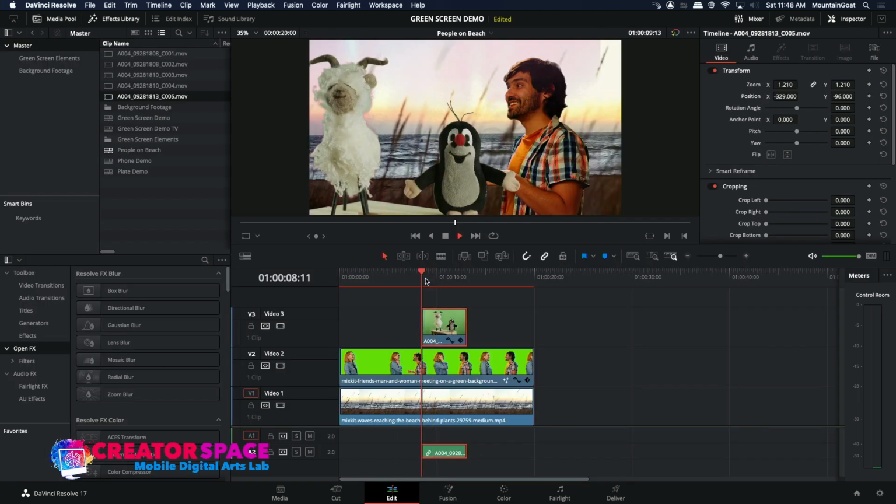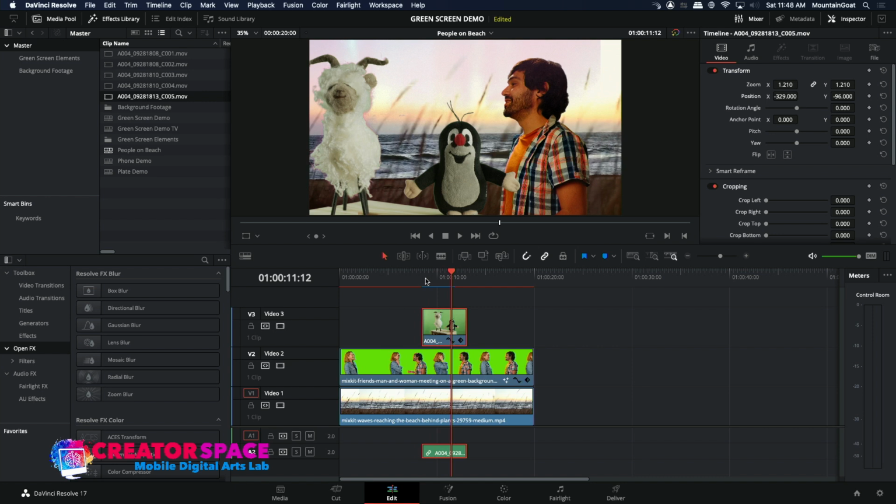Okay, so then he can be meeting these two characters on the beach, right? So that's how you can quickly layer up 1, 2, 3 shots together and green screen composite them, and then it's just a matter of having it shot in the right angles and working that way. So you can remove someone from one shot, add someone from the third shot, and all of a sudden we're into 3 layers, two green screen composites, and keying it, the matte work there, and then bringing in the background and working with that. So that's how simply we can work in Blackmagic DaVinci Resolve with the tabs and working in that manner,